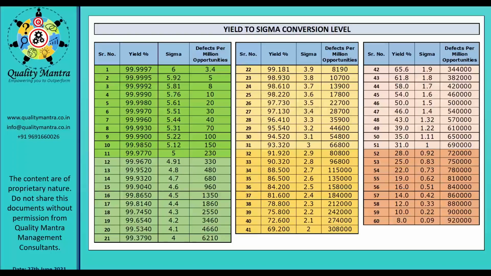Now there is a capability and there is a control. So a process will be in a state of control if there are no assignable causes present, only the variation owing to the common causes of variation. Then we have seen the various data types. Then we have seen how to calculate mean, median, variance, and the standard deviation.